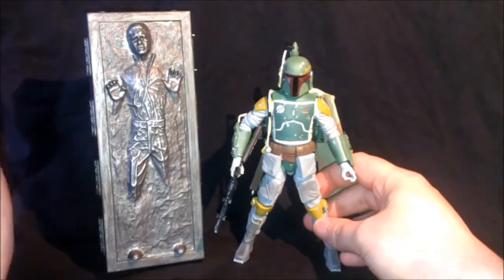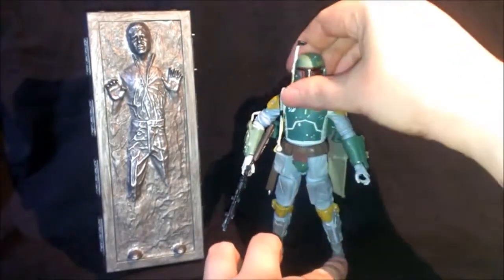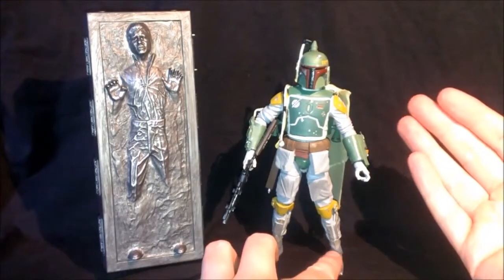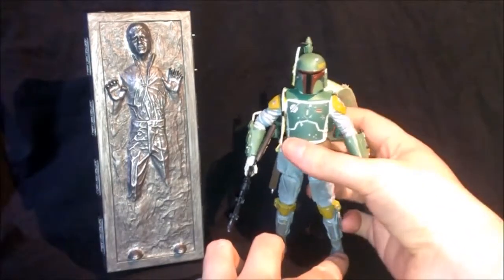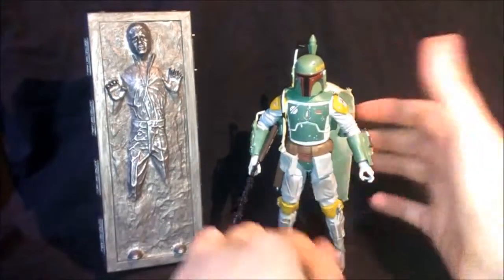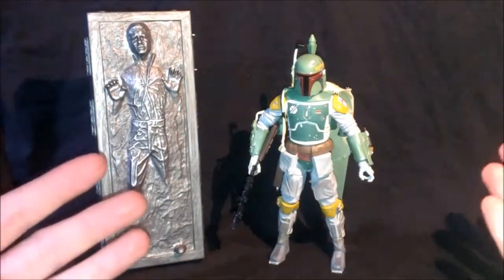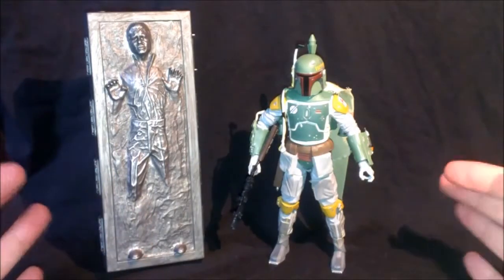I think it's some kind of high. When I think about that, this figure set was sold for, I think, $45 at San Diego Comic Con. $45 is around 35 euros, and there's a difference of 20 euros from the San Diego Comic Con version to the Celebration Europe version. So I think it's a bit high. Okay, but